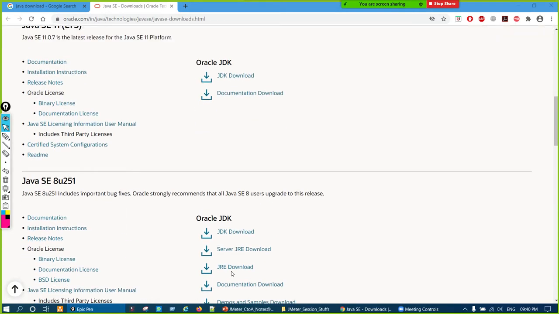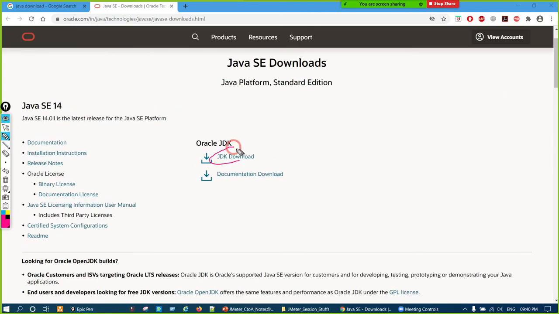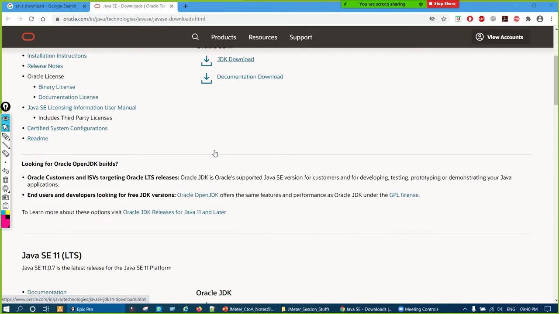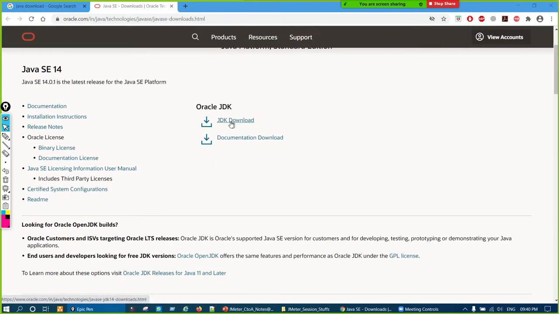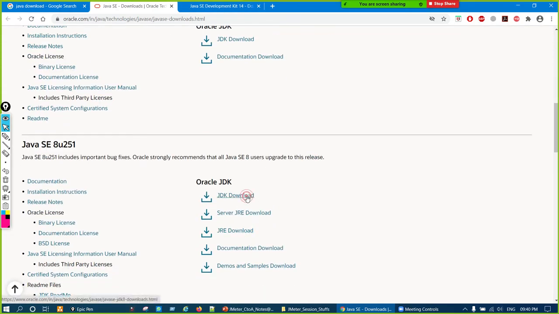Now let us say you want to download Java 8. So we have to click here on JDK, or any one here for 11 and 14. Okay, do not go into that much depth. All these things are related to Java people. We just need to download and install it. That's it. So let us say any one. I'll click on 14, or I'll click on 8, right?